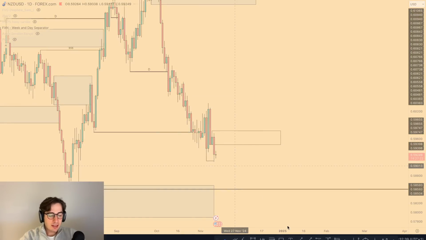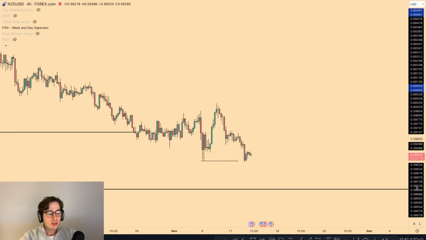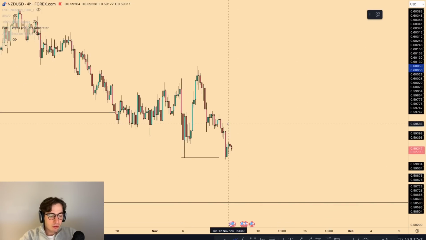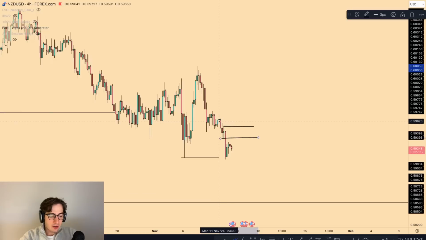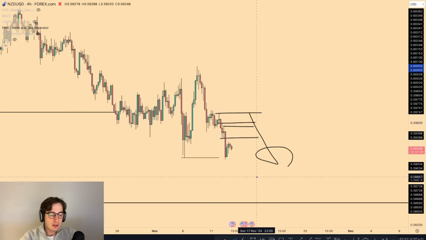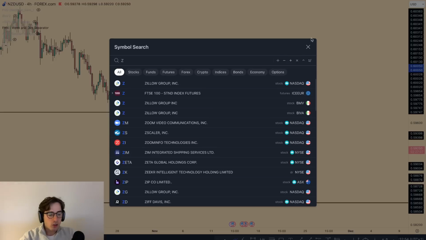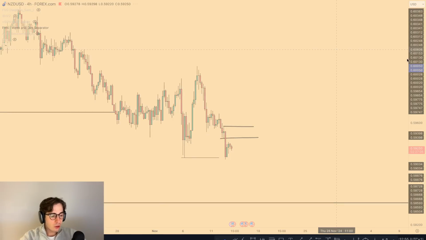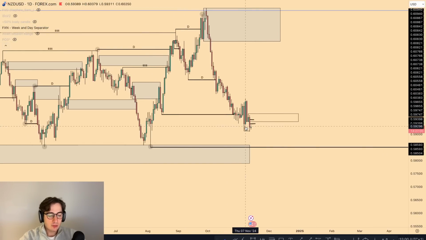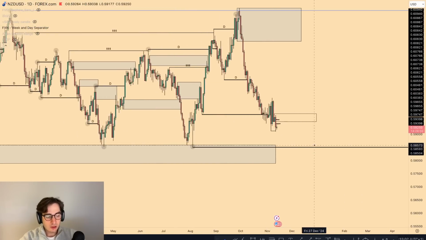So NU is actually a little bit cleaner than AU. So what I'm now keeping my eyes open for is, can we get a pullback into wherever over here and then maybe see further sell-offs in towards the downside today. So keeping my eyes open for potential shorts on NZDUSD. Looking here at the daily as well, for me it's just bearish, and I wouldn't be surprised if we just start pushing back down in towards